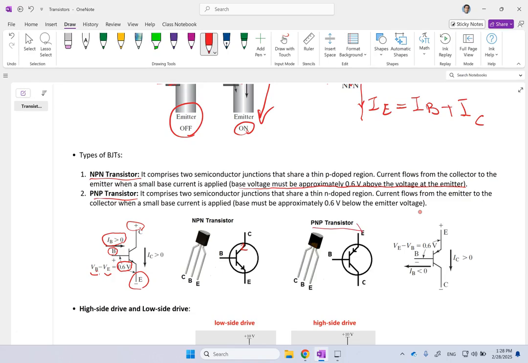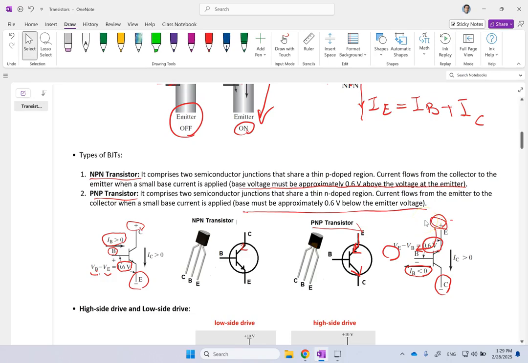If you look, the current is coming through emitter and goes to collector. So emitter is the positive side, collector is the negative side. And for this circuit to work, the current that you send to the base should be negative. How can it be negative? It becomes negative when the voltage of emitter is bigger than base. So this side has more voltage than this side, so the current is going to go this way. And this difference, again, should be at least something like 0.6. So the current can go through the